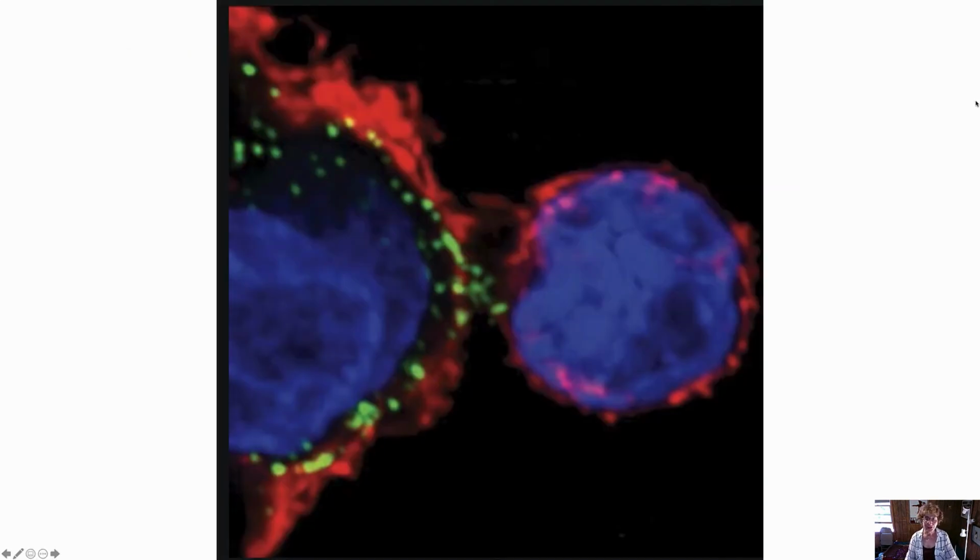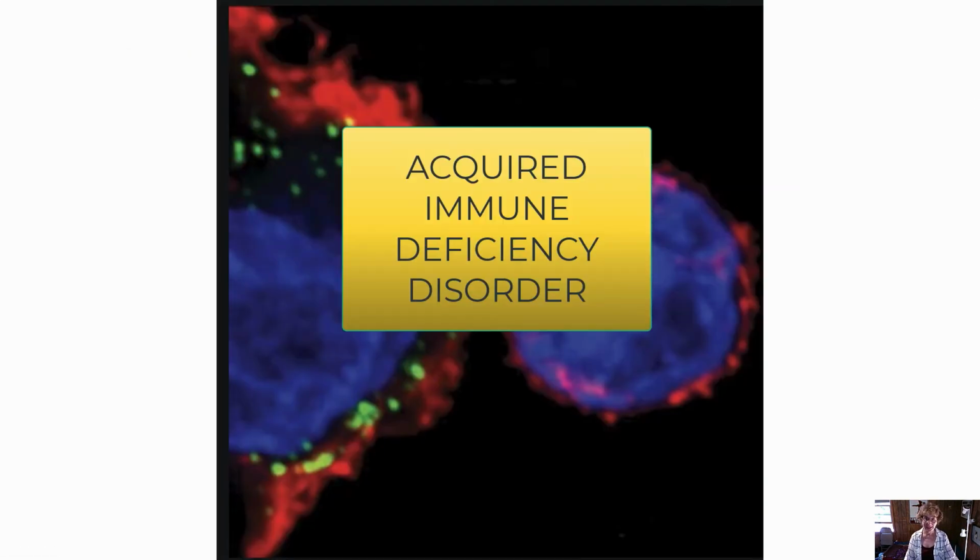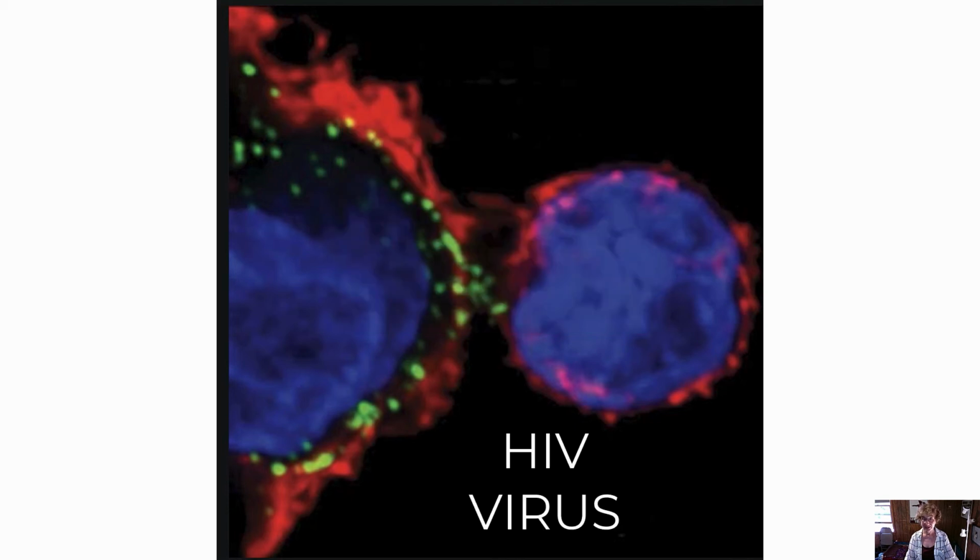AIDS is acquired immune deficiency disorder. Somebody is infected with the human immunodeficiency virus, and over time, if you don't have a system that responds to the medication, if the person doesn't have insurance or a support system, then a type of T cell, part of the adaptive immune response known as the helper T cell, we didn't go into that kind of detail, those numbers decrease, and when they get below a certain amount, the person is no longer said to have the HIV virus, but they are said to have progressed to having AIDS, and it can be fatal.